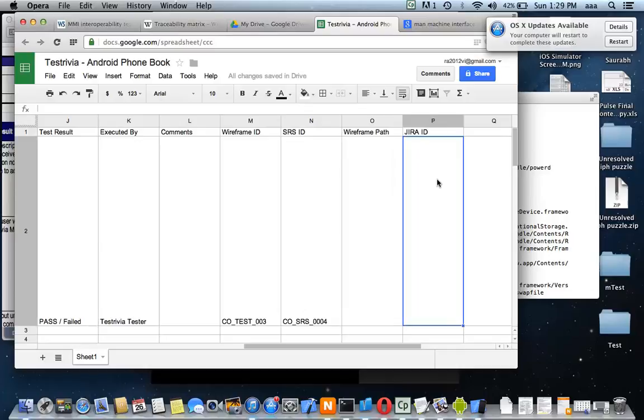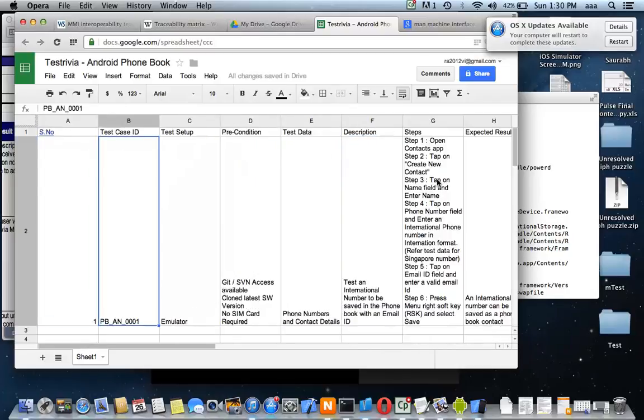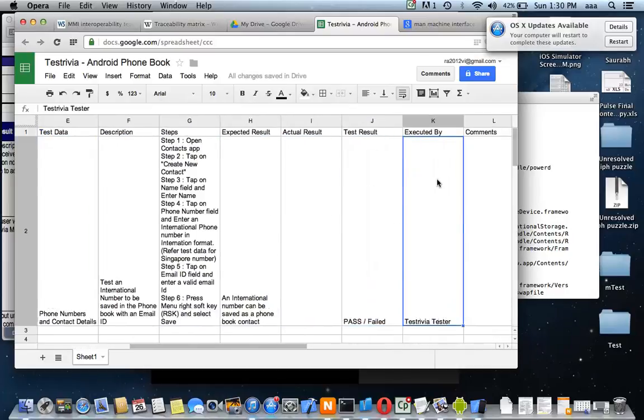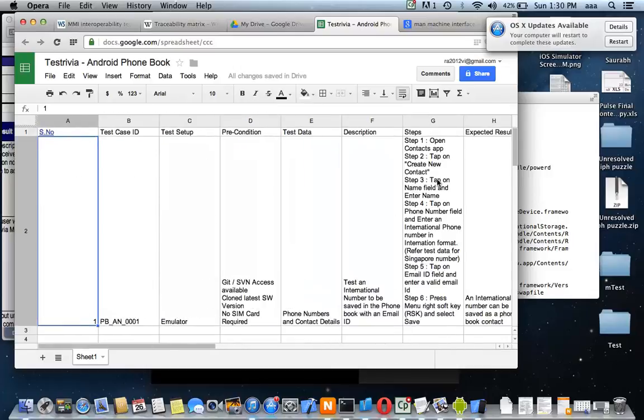If it's not able to save that, you will write a Jira ID, if it is Android, droid 0034, unable to save Singapore number. That is how it goes. And this is the basics of the test. This is a simple test that has a precondition that